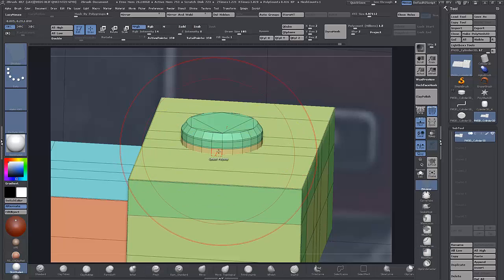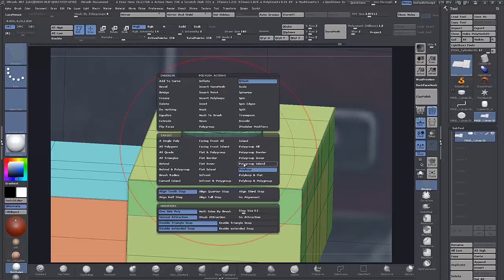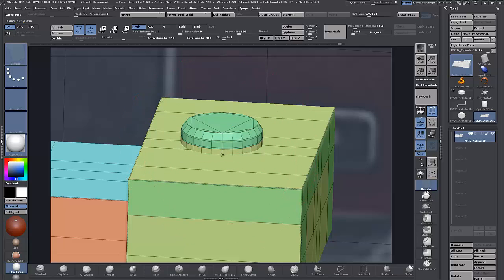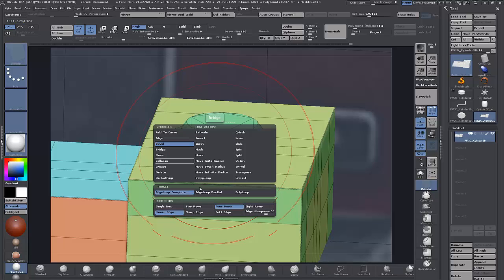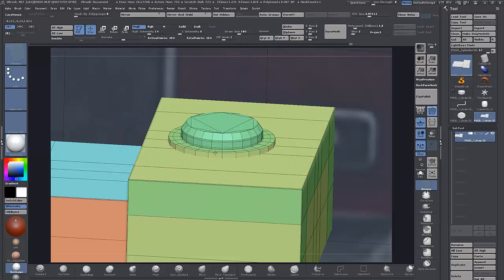Why is that doing that? Poly group island once, twice, and 3 times, and now we're gonna maybe bevel this with 2 rows